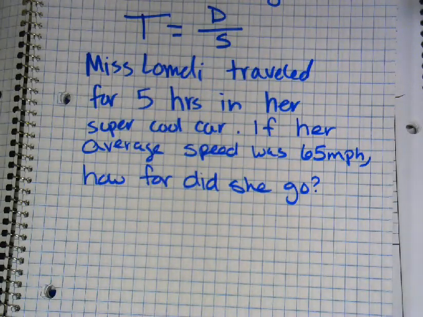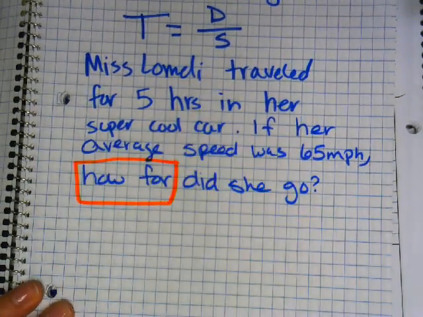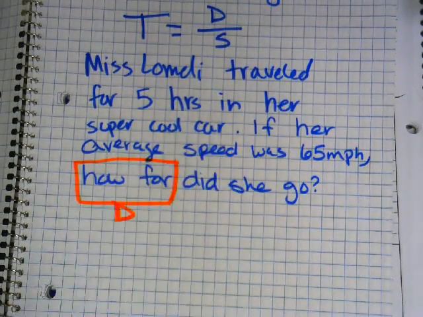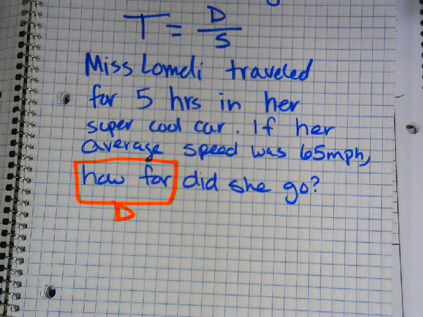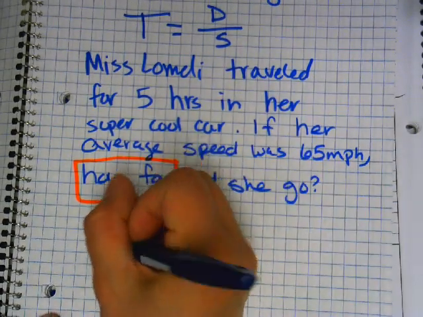Okay, first thing you have to figure out, what are you solving for? How do you know it's distance? How far? Yeah, so you have to look for those key words. How far means that you're solving for distance. So the first thing you have to do is identify, what am I solving for? Distance, speed, or time? I'm solving for distance. Well, I know that distance is equal to